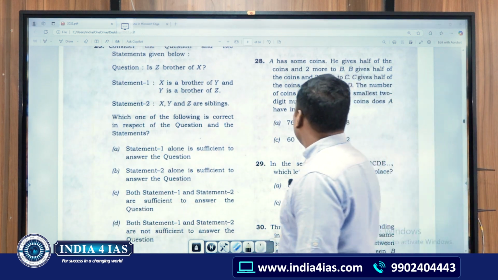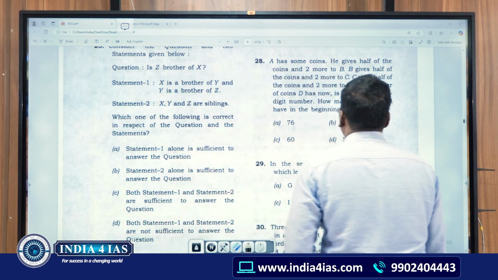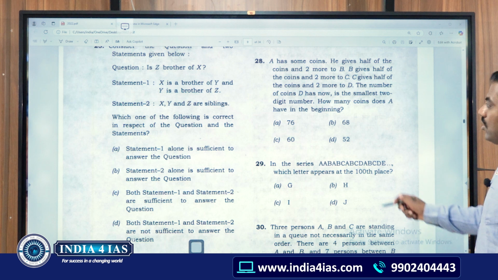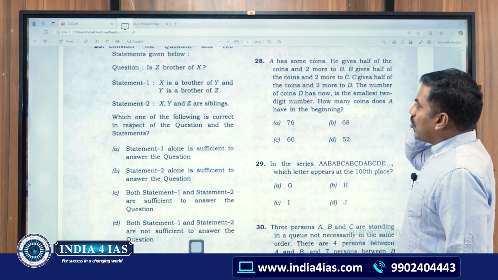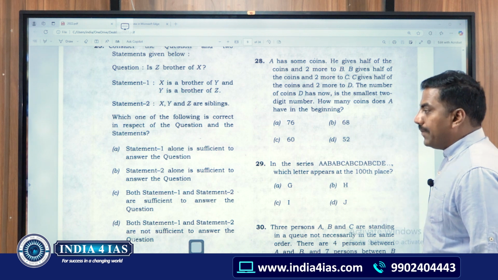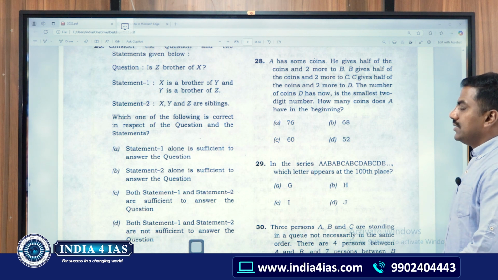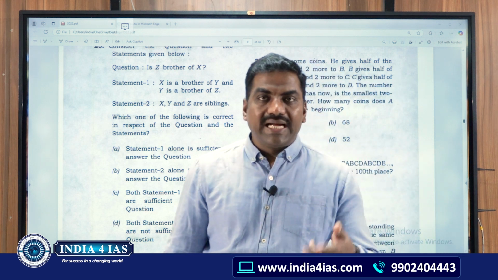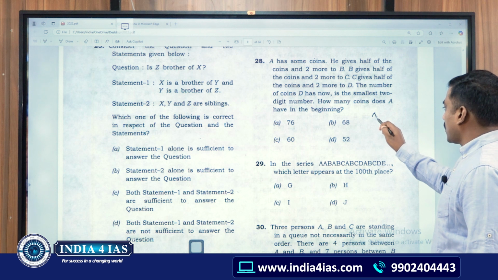A has some coins. If he gives half of the coins and 2 more to B, okay, A has some coins. He gives half of the coins and 2 more to B. B gives half of the coins and 2 more to C. C gives half of the coins. So, every time one operation is happening and we are repeating that operation. So, here A has some coins